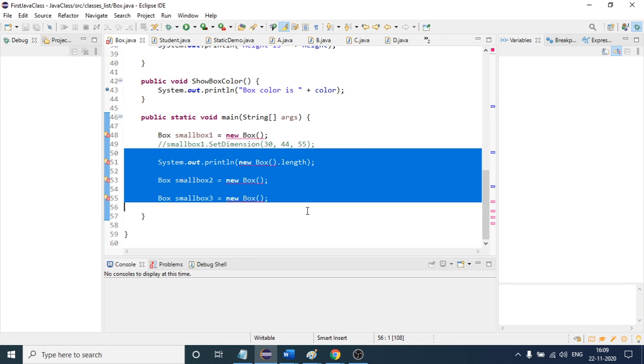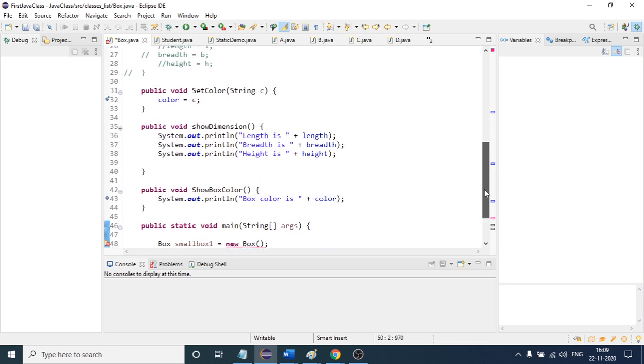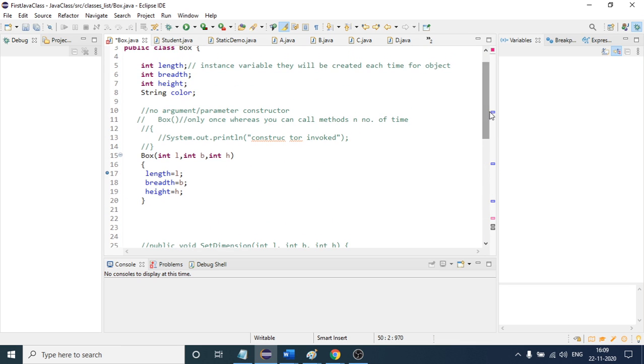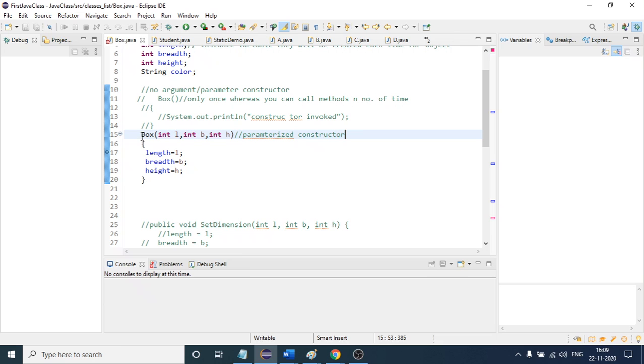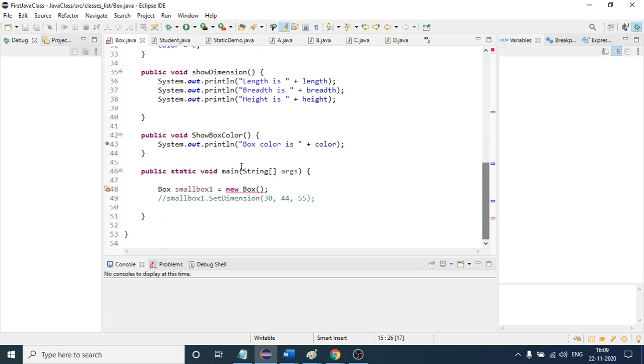Okay, so remove this all. Here it is throwing an error. Why? Because when you are defining a constructor like this, this is a constructor, right, and this kind of constructor is called a parameterized constructor because it has some parameters. Once we create it like this, you have to pass these three values. You can see what value I can pass: 44, 55, 66 like this,